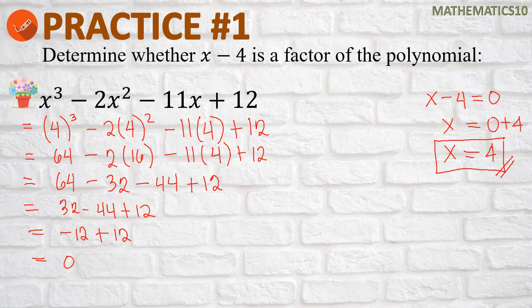Therefore, our p of c, or our remainder, as you can see here in our solution, is 0. Therefore, we can now conclude, according to the question, determine whether x minus 4 is a factor of a polynomial or not. So here in this case, we can now conclude,